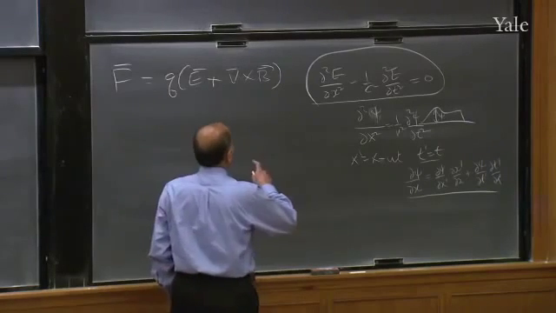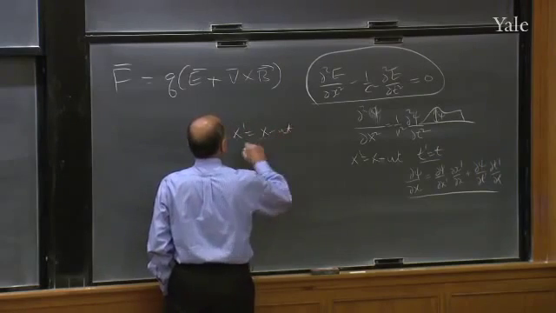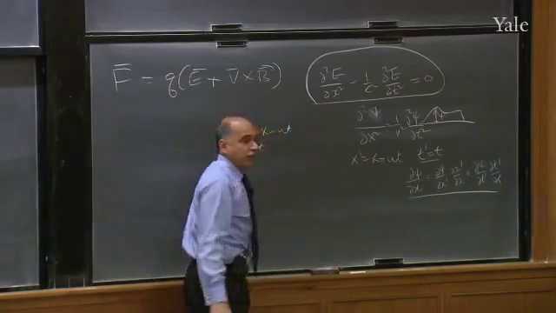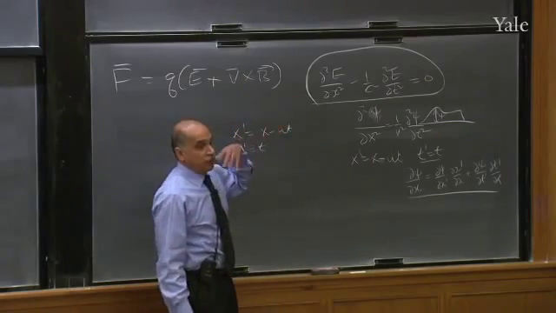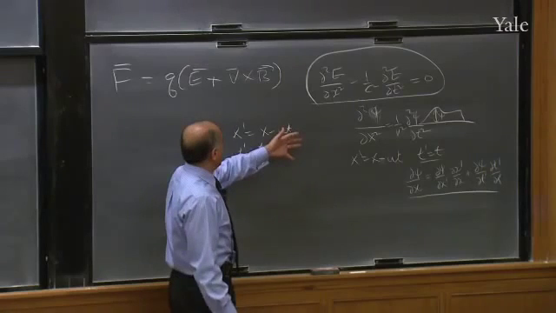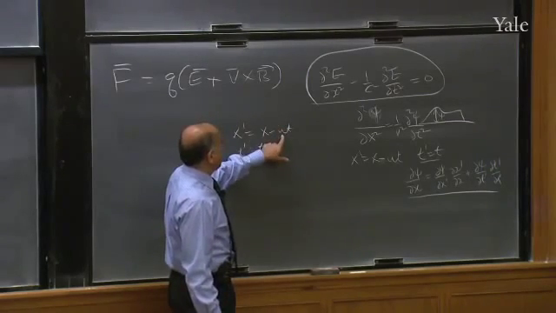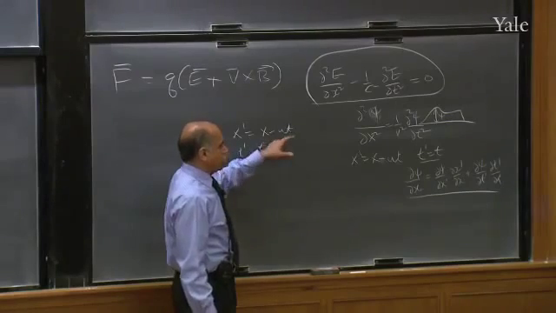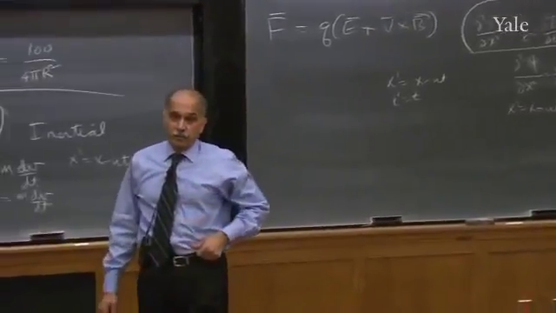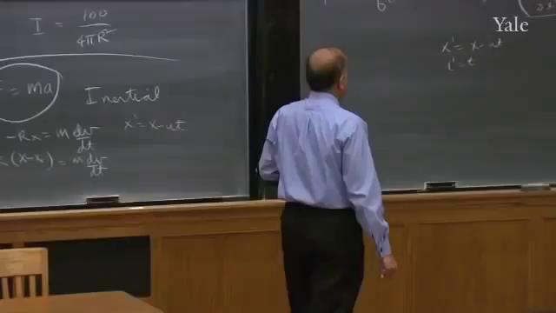Now, what people were worried about in the old days, they said, look, let's take x prime is x minus ut and t prime equal to t and put it into this equation. Then they found the equation changed its form because it's just like this wave equation here. Then they said, we've got to change the equation because it depends on our speed u, but there is no valid choice for what our u is. What is our speed relative to this magical ether? That was what they worried about till Einstein came and said, there is no ether,